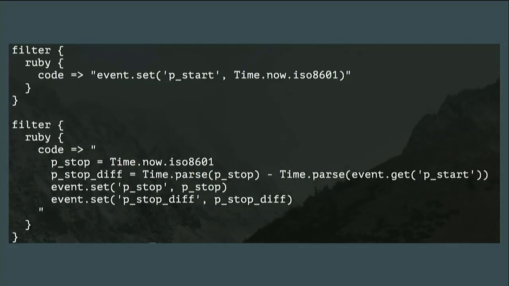Now, as we do enrichment, as we do parsing, that's going to take time. How much time? Well, I don't know. I was curious. So the next thing I wanted to add in was a timer. I said, okay, when you get data over here, add a timestamp. Do what you're going to do. And then just before you spit it out, add another timestamp. Take the difference of the two. Tell me how long it took to process.